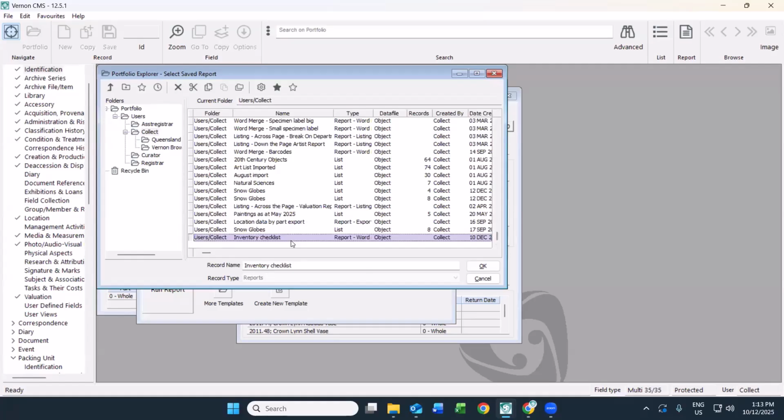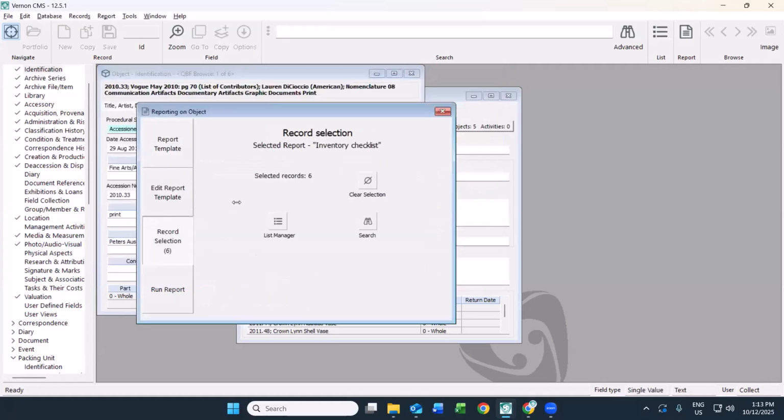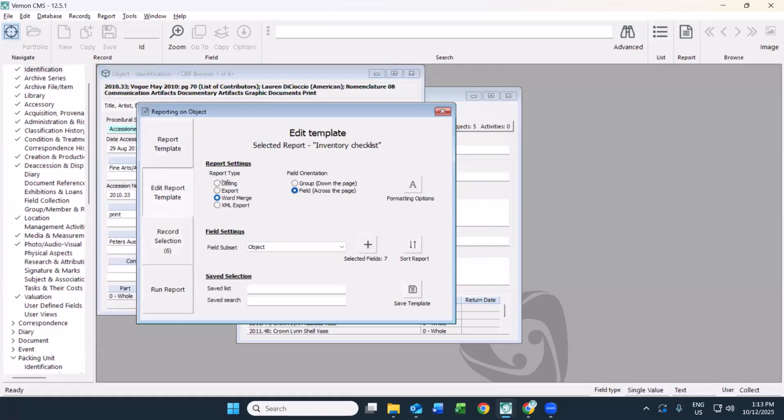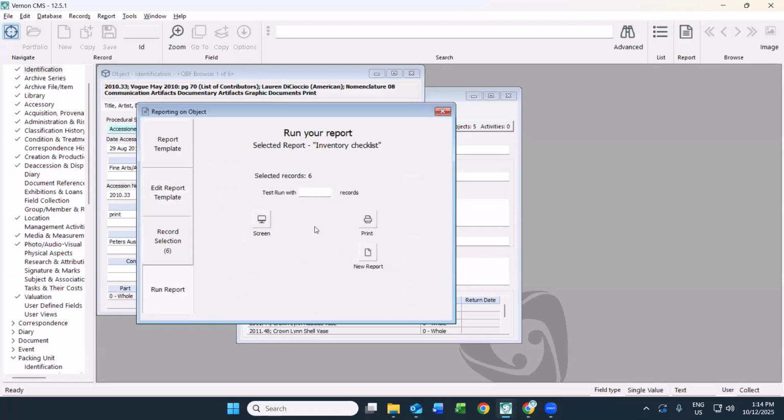So I've got a report that I've created called Inventory Checklist. If I edit that report, we can see it's using our integration with Microsoft Word, where we're able to do more formatting on how that information is presented, and we're also able to embed the primary image and align that to the information. And so I've got 7 different fields, just basic descriptive fields of those items, plus the image in that template. And so if I run that,